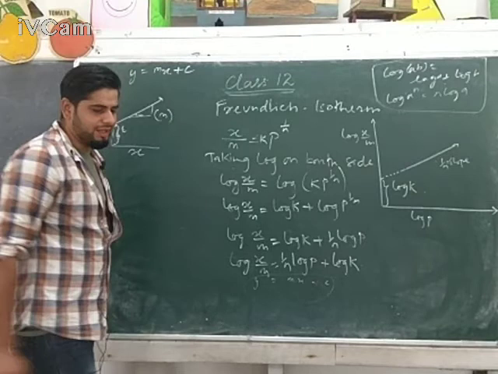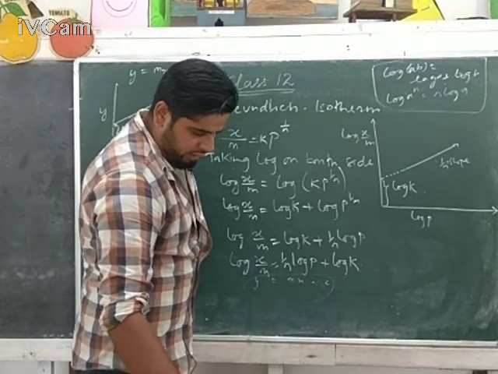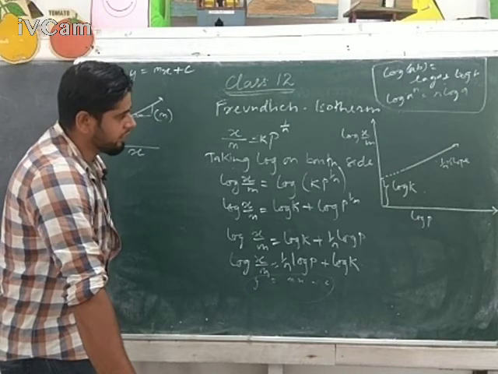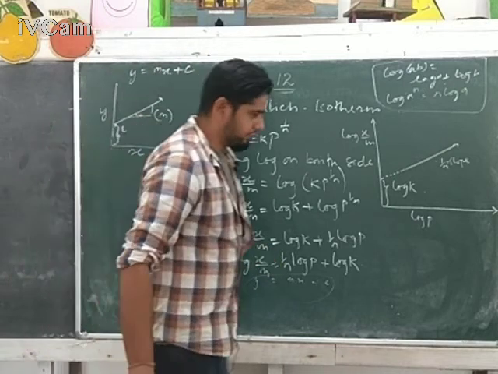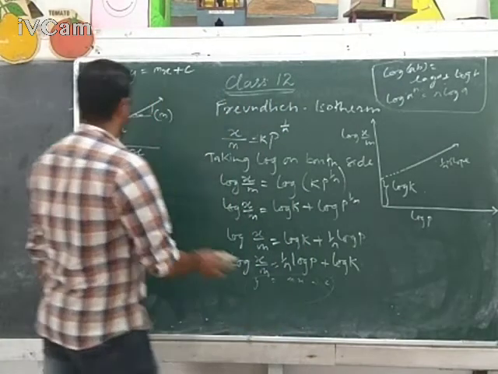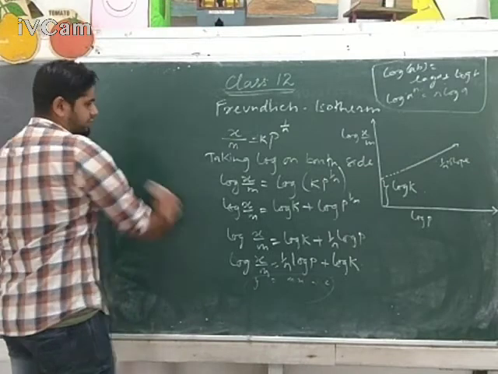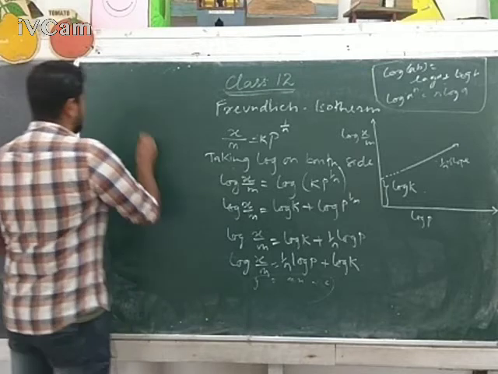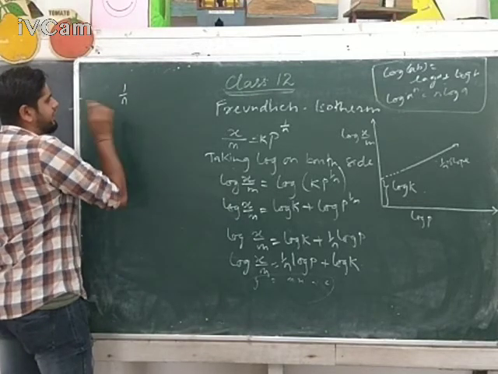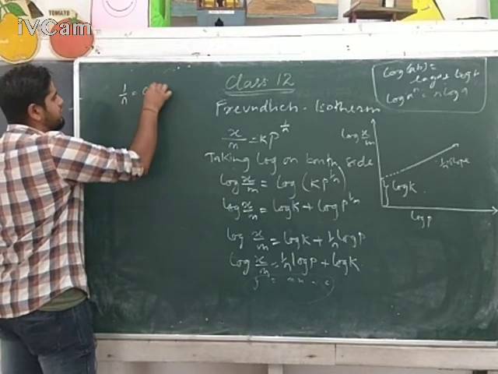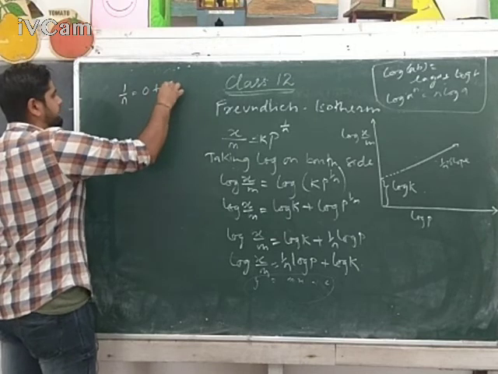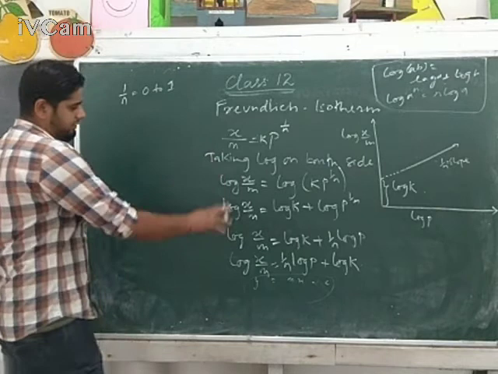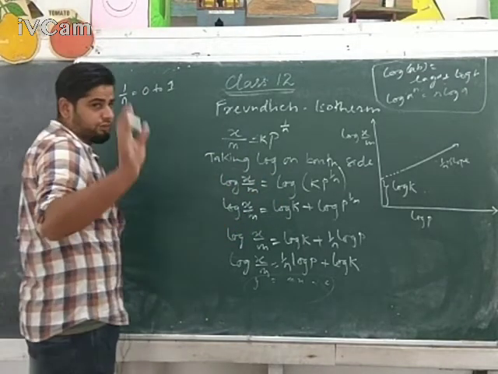From this Freundlich isotherm we'll get two pieces of information. Here we have the 1 by n term, yes or no? This 1 by n term can have values between 0 and 1. It is already given, so just relate this and go through that PDF.